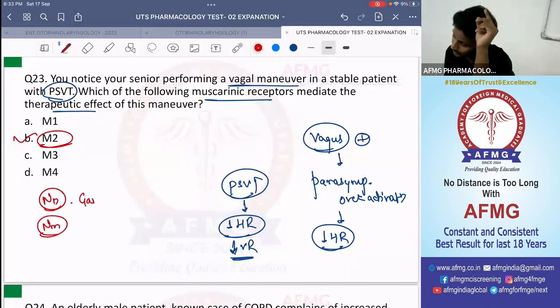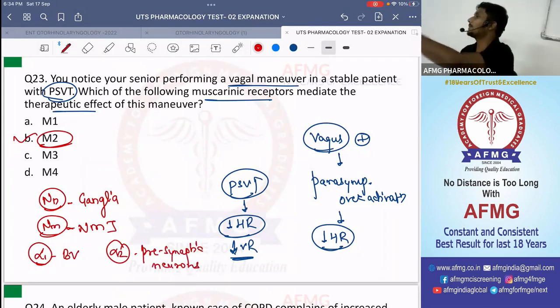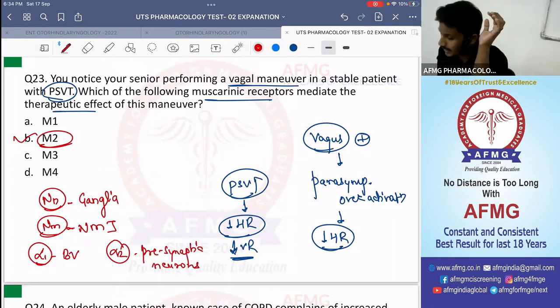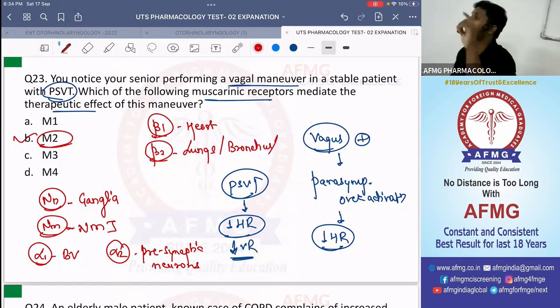NN were present at the level of ganglia, whereas NM were present at the level of neuromuscular junction. Okay. Alpha 1 are present at the level of blood vessels and alpha 2 at the level of presynaptic neurons, and therefore they act as brakes whenever they are stimulated. Okay. They will stop the adrenergic activity rather. Beta 1, how many hearts do you have? One. So beta 1 on the heart. How many lungs do you have? Two. So lungs or many places like your bronchus, kidneys, everywhere you will have these beta 2 receptors, except